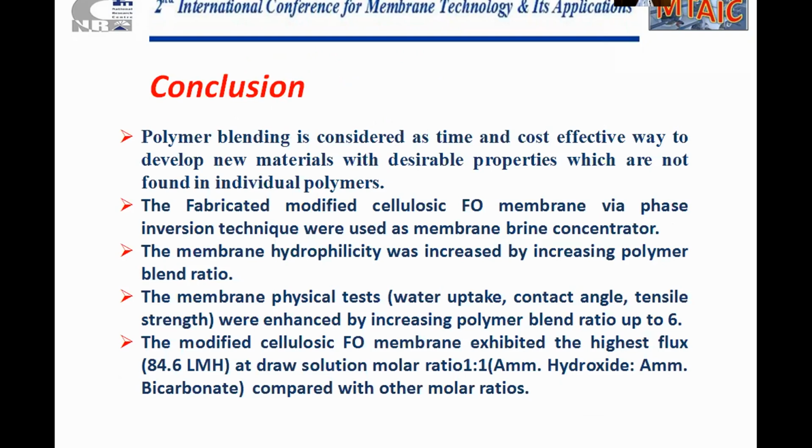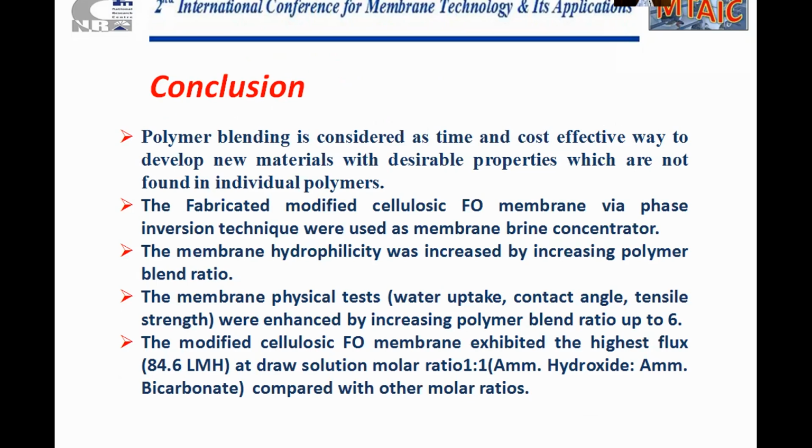Polymer blending is considered a time and cost-effective way to develop new materials with desirable properties which are not found in the individual polymers. The fabricated modified cellulosic forward osmosis membranes via the phase inversion technique were used as membranes for brine concentration. The membrane hydrophilicity was increased by increasing the polymer blend ratio. The membrane porosity, water uptake, contact angle, and tensile strength were enhanced by increasing the polymer blend ratio up to